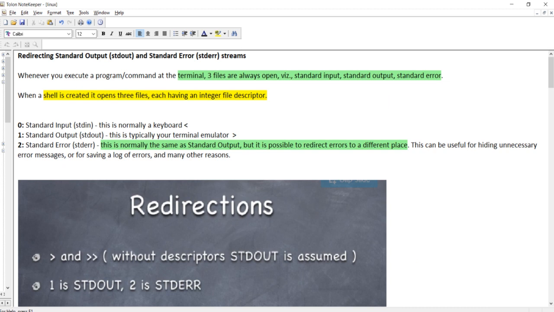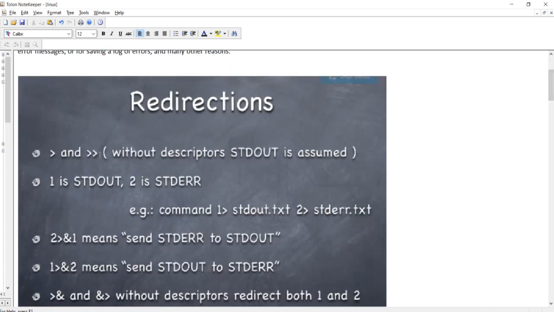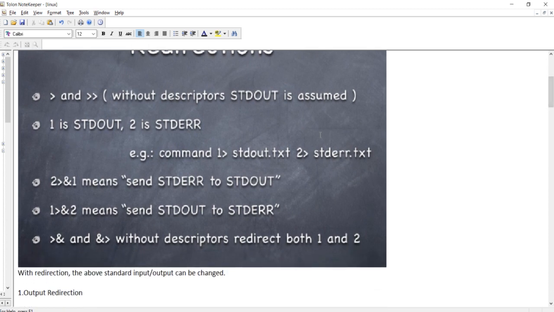So this thing is clear. This example I have shown you, if you do this, then it will append to the output file. One is std out, two is std error. This syntax I have already explained to you. This means these two are okay. This one is 2 ampersand 1, which means the same file will be used where the standard output will go.